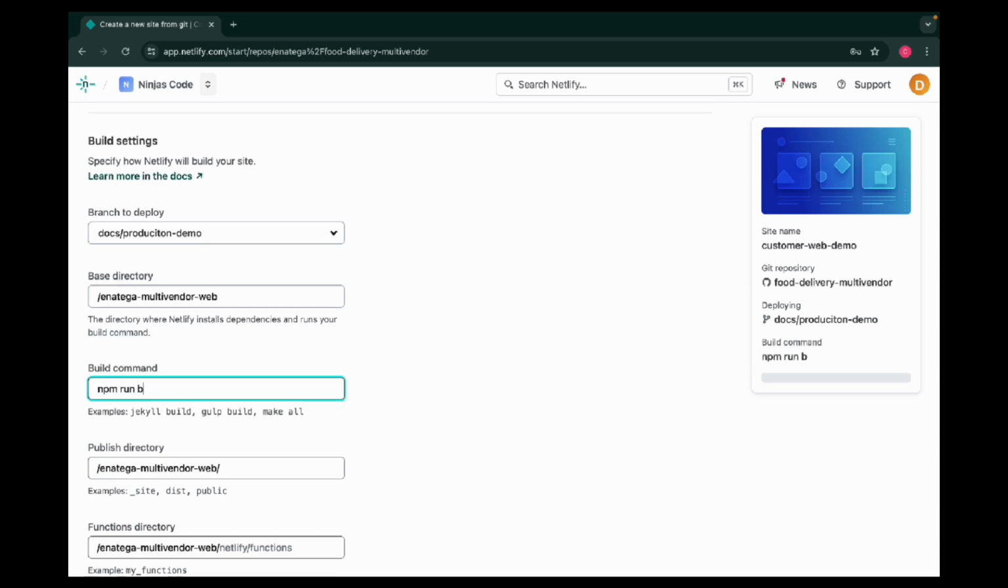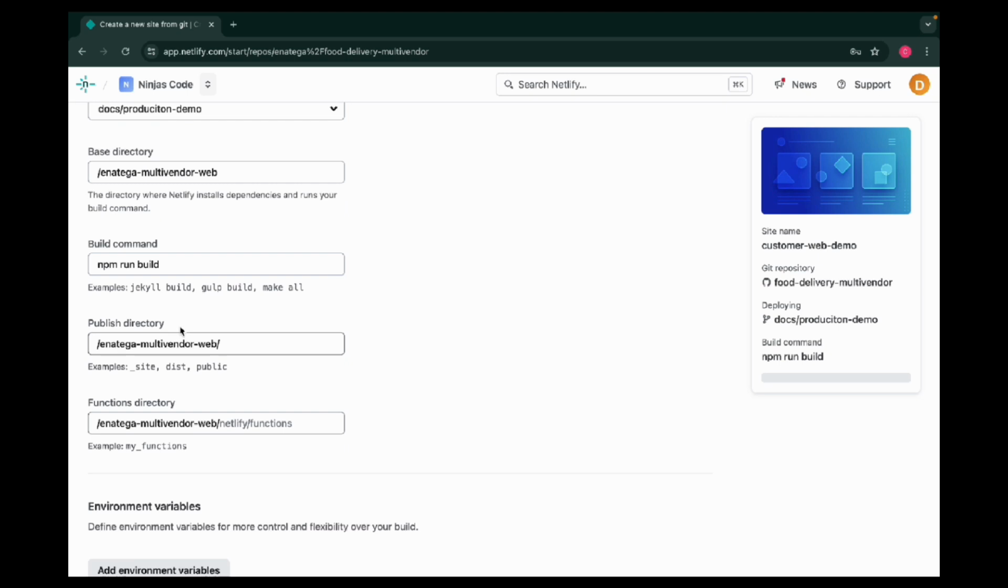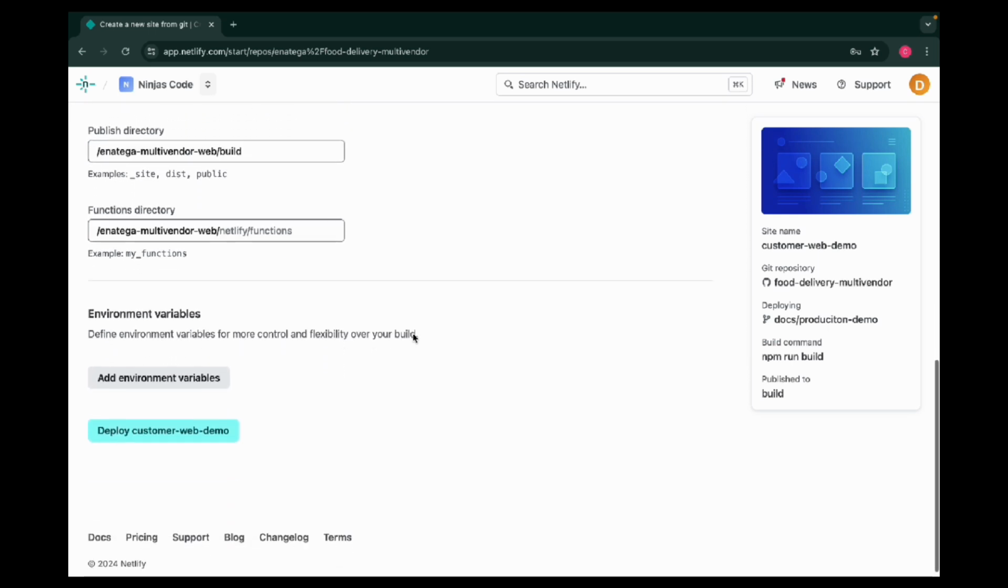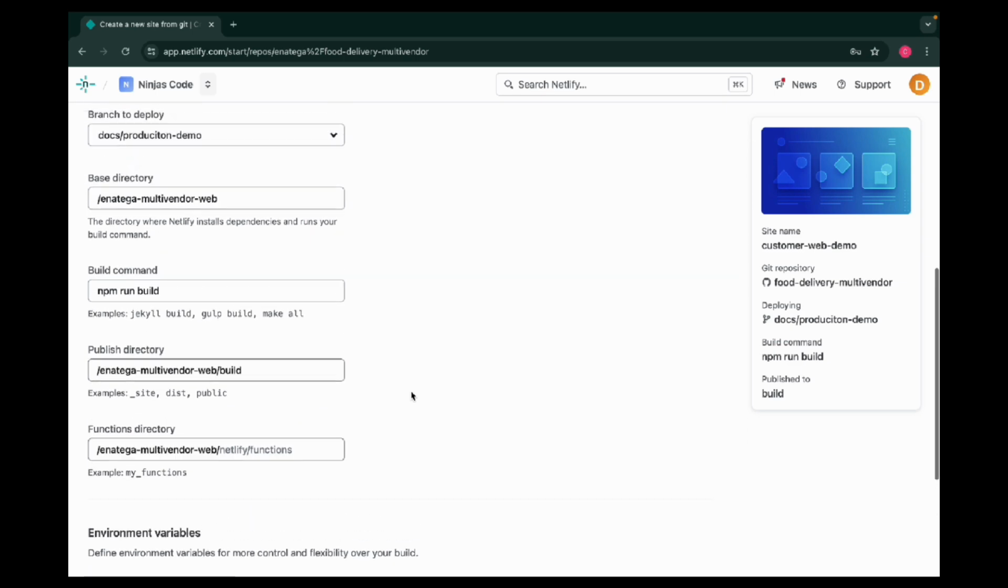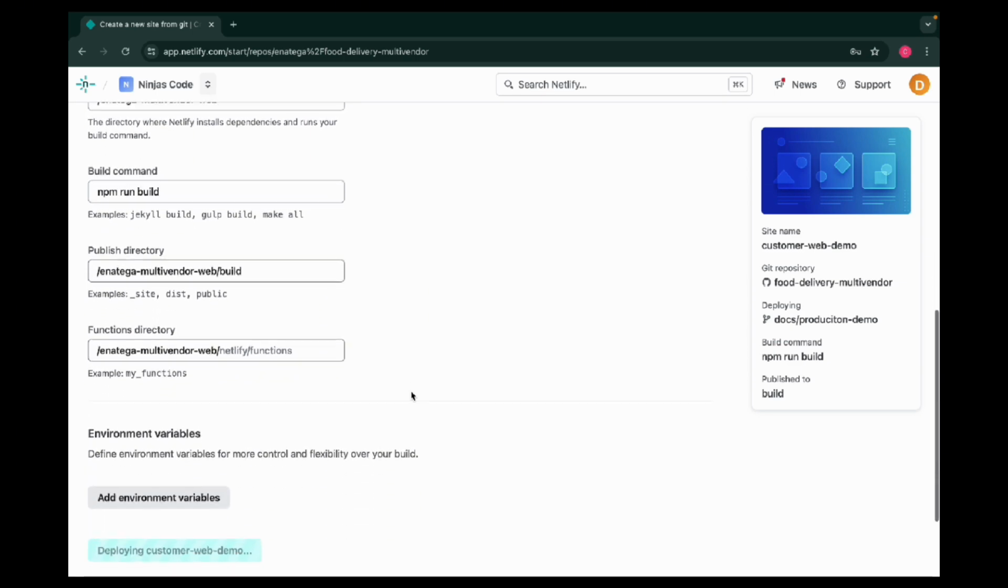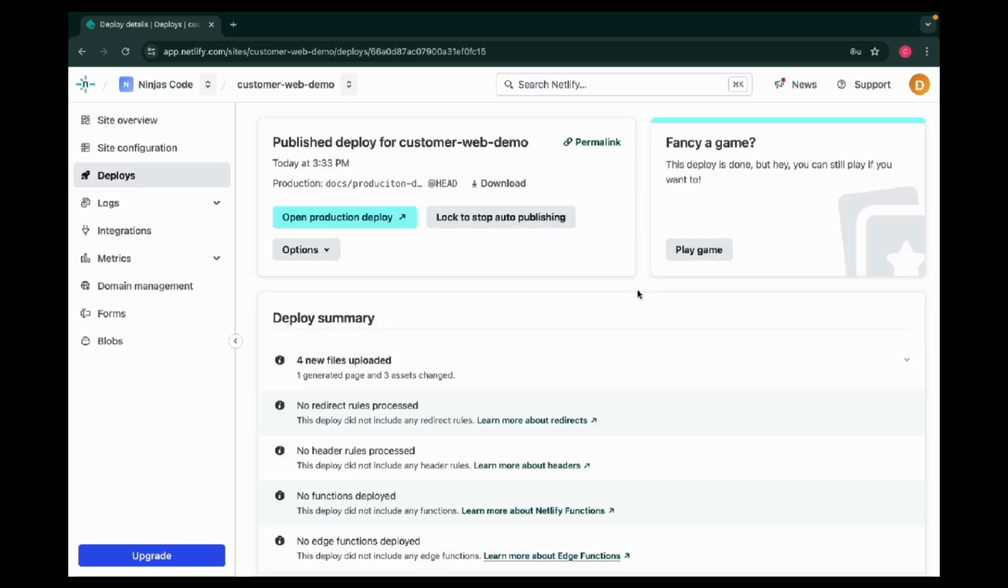Now add the build command, which is the same as the admin portal, which is npm run build. The publish directory is also set up. Just add the publish build subdirectory, and the build code will be added to the build directory, and then just deploy your app. Again, just wait a couple of minutes. Once the app is deployed,